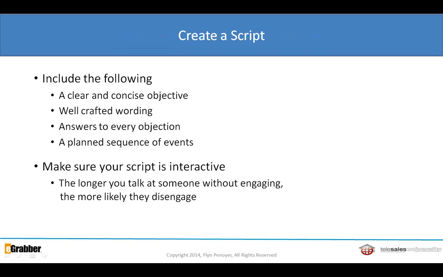Okay, so the next thing you want to do is create a script, and the script should include the following. The first thing you want is a clear, concise objective for what you're trying to do. Before you make a cold call, you want to know exactly what you want the prospect to do when you're done with that call. Okay? Maybe you want to arrange another meeting. Maybe you want to get him to give you his contact information